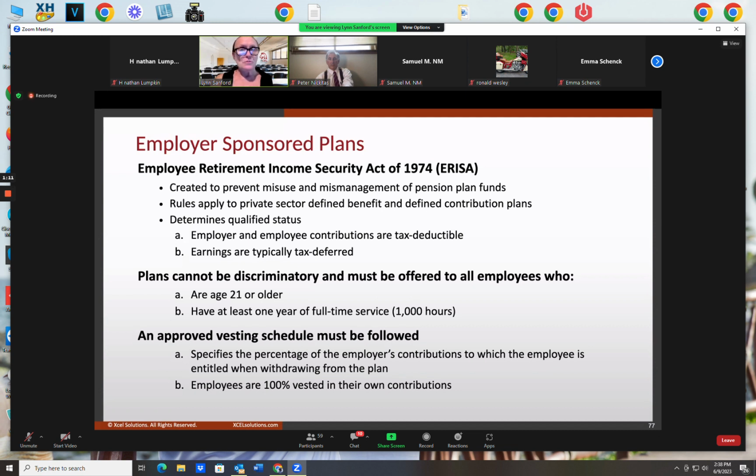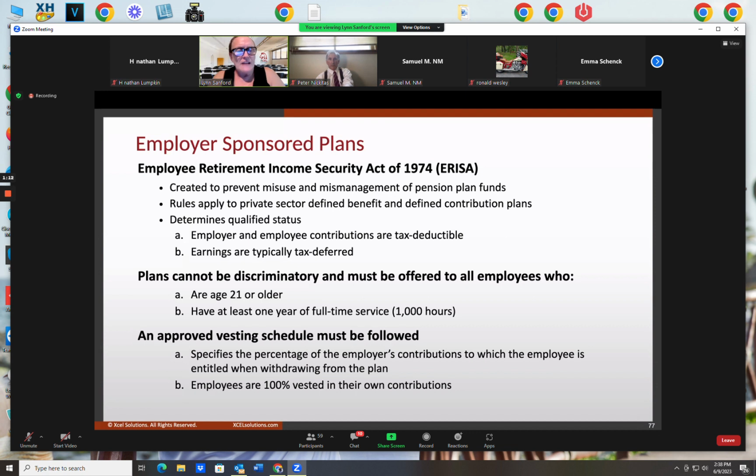Defined contribution plans, we're defining the contributions we want to place in the plan. That's a defined contribution plan. Two O's in the word contribution, an O in profit sharing, an O in stock bonus, and an O in money purchase plan. Just an easy visualization technique to remind yourself of how a defined contribution plan works, examples of it, and a defined benefit plan, how it works, and one example of it, which is a pension plan.